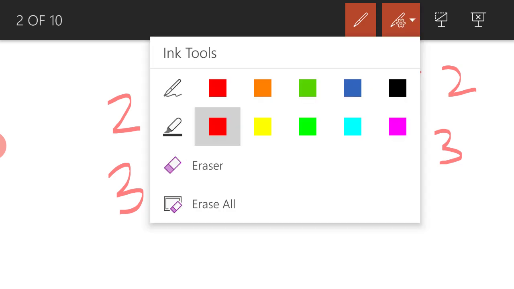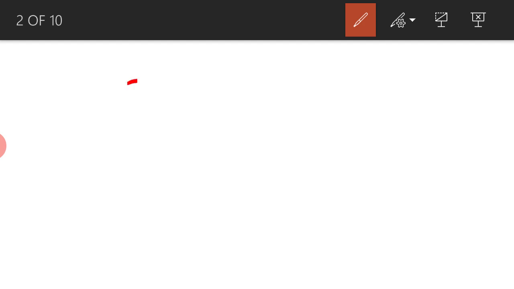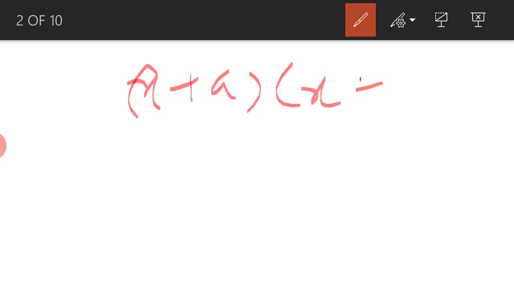Is it okay? The second important thing is, if you just see (x plus a) into (x plus b), what is the last term if you expand this product? So it will be ab. And what are the zeros of the polynomial? Those are minus a and minus b. Are you getting? Why minus a and minus b? Because x plus a is equated to 0, so you will get x is equal to minus a. And here you will get x is equal to minus b. So minus a and minus b are the zeros of the polynomial.